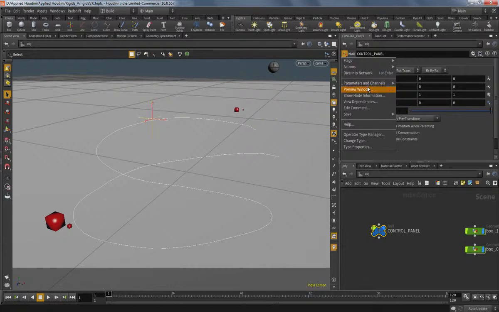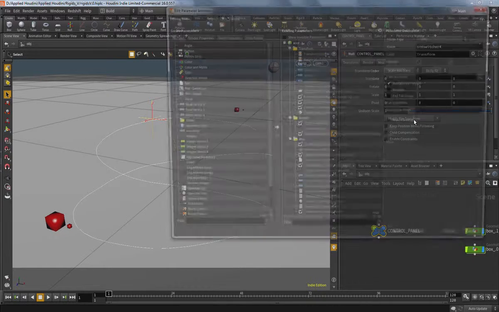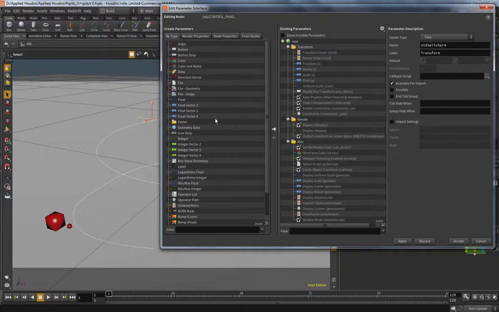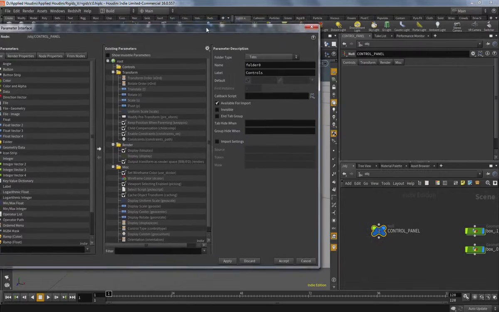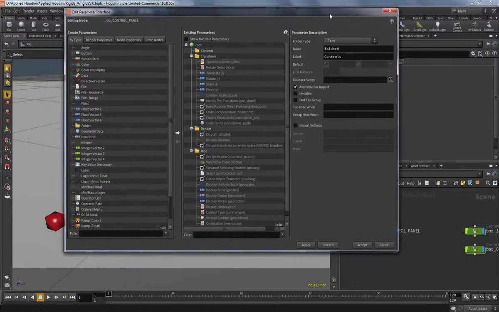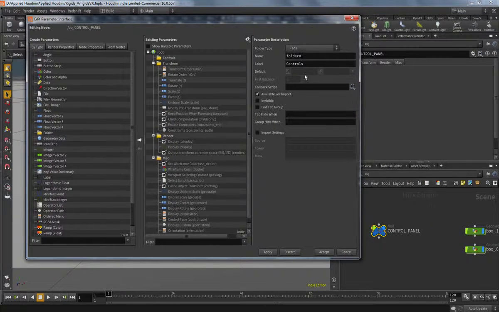Remember, we can go to parameters and channels, edit parameter interface. Let's make a new folder right here, and we'll just call it controls, because we don't really care about all the transform stuff that it does. So if I say apply, you can see we have like a blank slate here now. We'll start adding things to it more or less later, but one thing that I know right off the bat